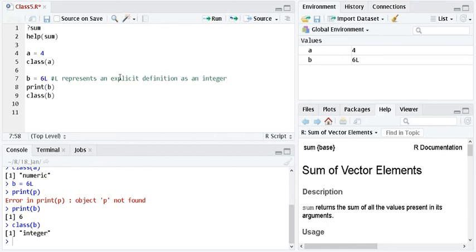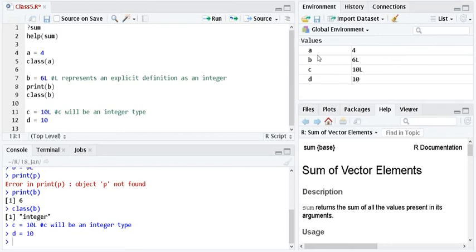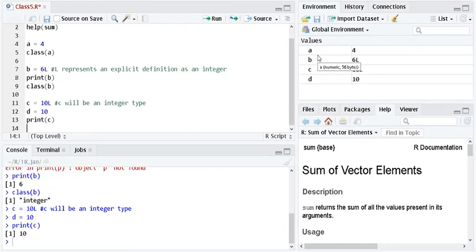Only L represents integer. If I say C is equal to 10L, this means I am defining C as an integer. C will be an integer class. Whereas if I define D equal to 10, D is numeric. But if I print C, I still get 10, and if I print D, I still get 10.